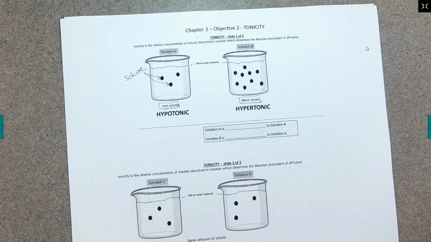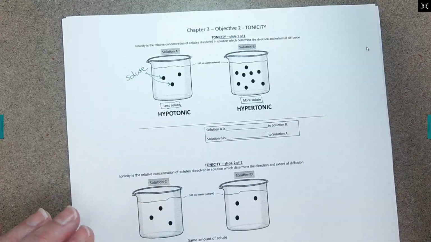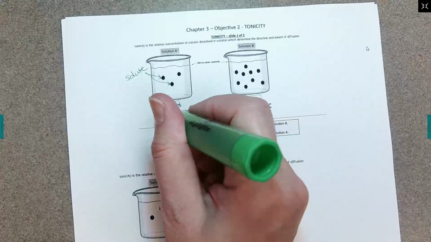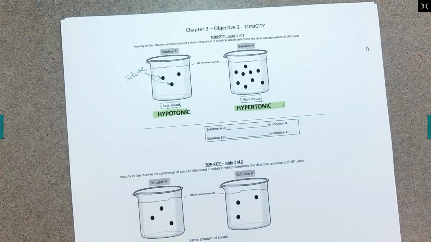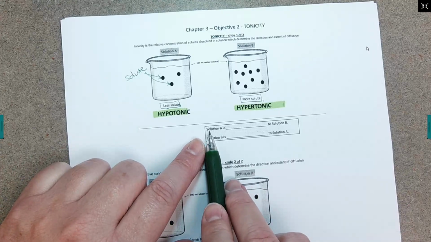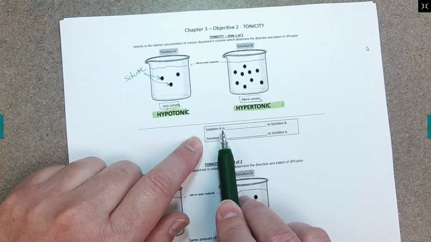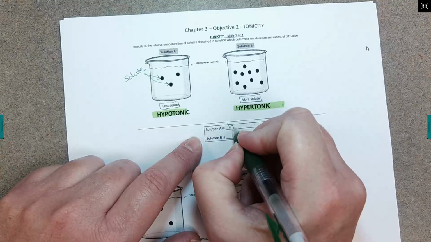So because of that, instead of saying, well, solution A has less solute, solution B has more solute, we're going to use these terms right here, hypotonic and hypertonic, to describe the amount of solute present in those containers. So what you see is if you've got one substance that has less solute than another, you would say it's hypotonic. If you have one solution that has more solute than another, you would say that's hypertonic. So let's take a look at how this could be worded. Solution A is blank to solution B. Well, solution A has less solute, so we would say solution A is hypotonic